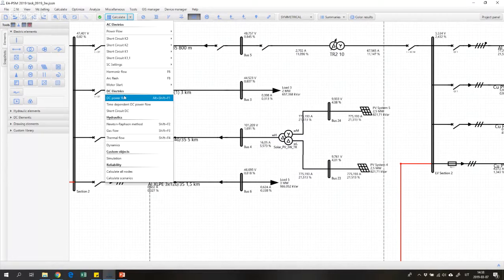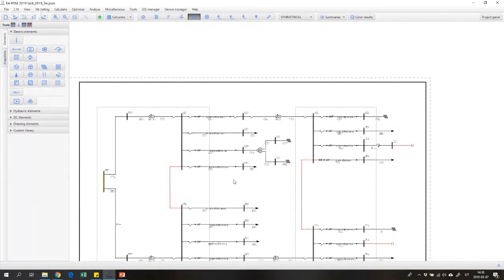And DC network calculations, so again it's for solar power plants mainly. We can calculate and design DC networks, and also do hydraulic calculations regarding water and gas networks, which is more for mechanical engineers. Finally, reliability calculations. Reliability calculations are actually important for electrical engineers as well, because various substation schemes are